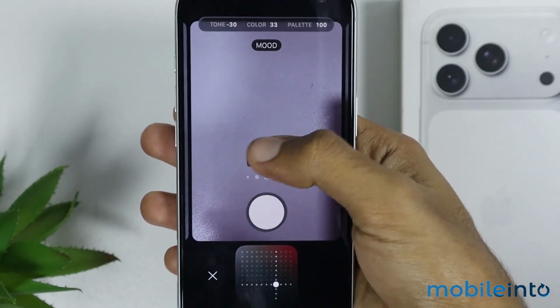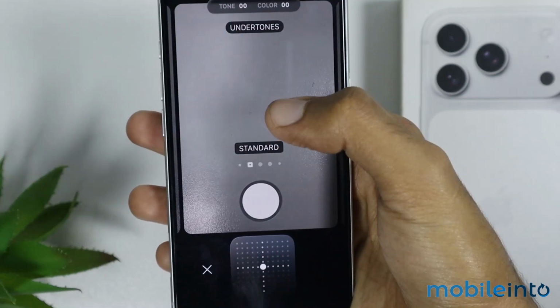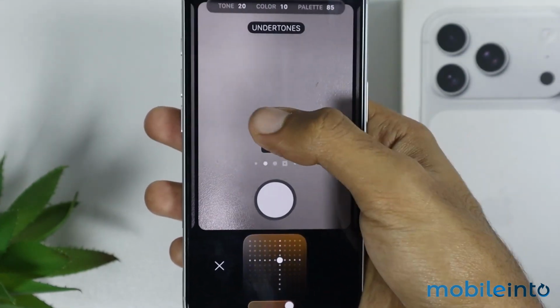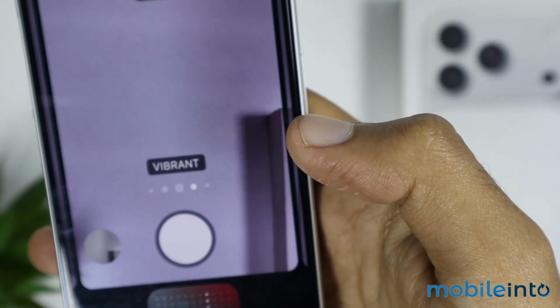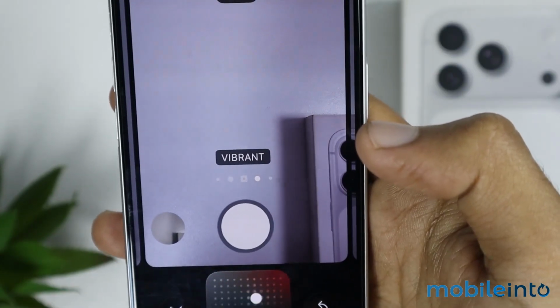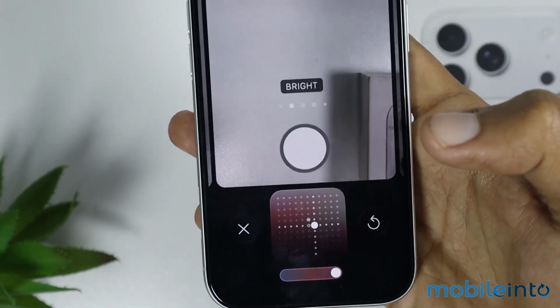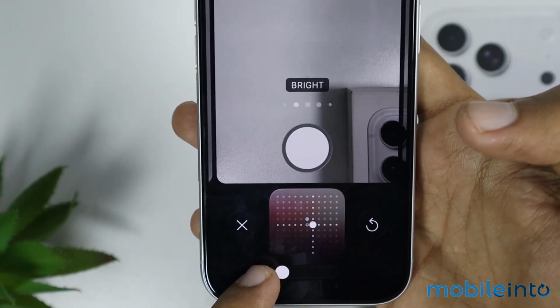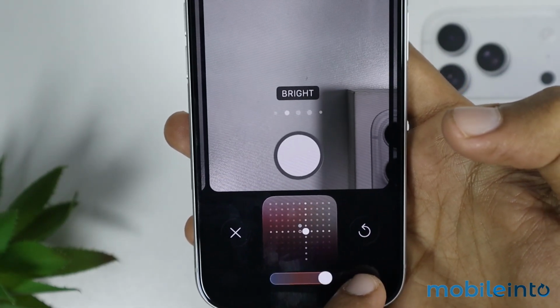Now from here, you can swipe to the right or to the left side and you can switch between the different filter styles on your iPhone. Now you can edit the filters as you like by dragging this dot across this graph, just like that. And you can also change the intensity of the colors by dragging this slider to the right or to the